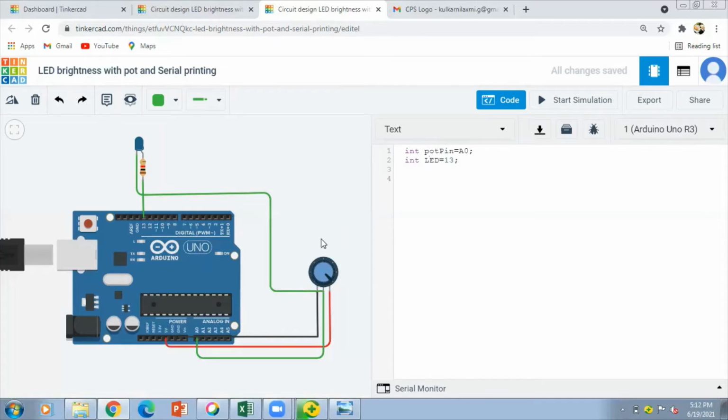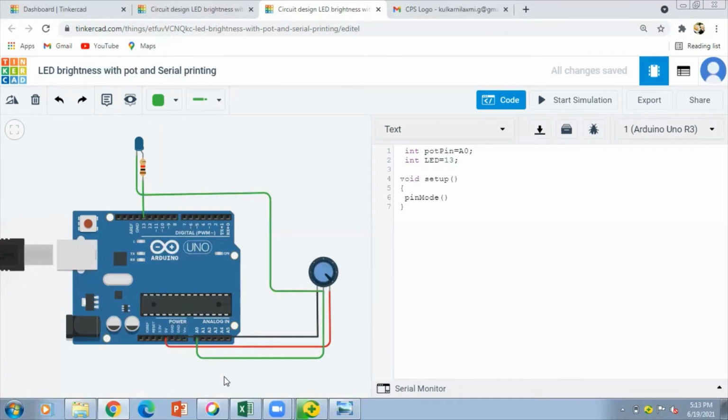Now our exact program will start, that is from void setup. In void setup, our main program will start. So here we are going to mention the pin mode of all these things. Pot pin is a variable where we have defined the analog input pin A0, which we have connected to the wiper of the potentiometer.